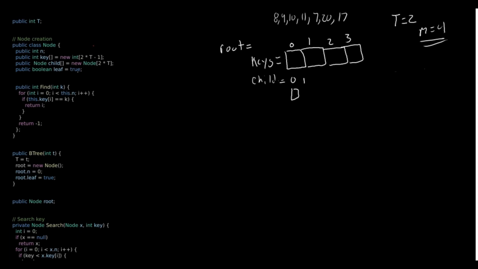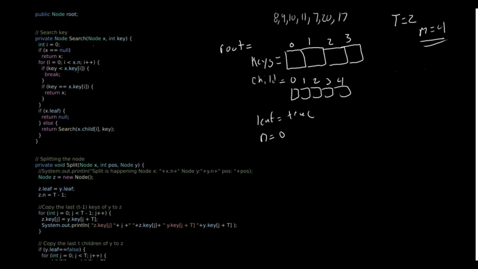The children are 4. So 0, 1, 2, 3, 4. Leaf is true. Okay. And n is 0. Okay. So if we go back to our main function,